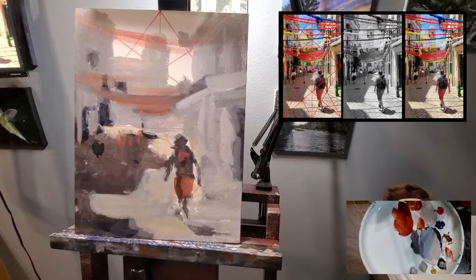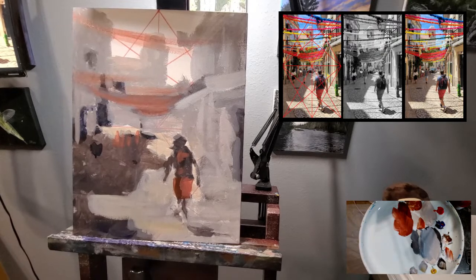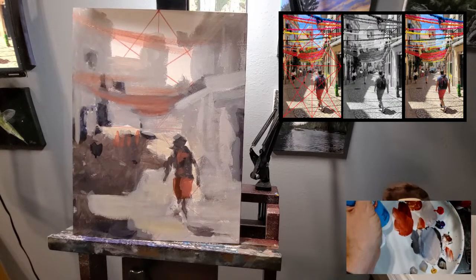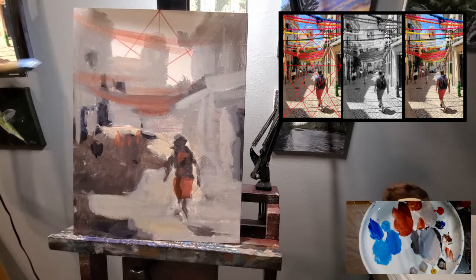Now the next thing I want to do is start in the back. Oh, excuse me for groaning in your ear as I grab my paint rag. Let's see. Let's go to the sky. The sky is in the distance, so I want to take a little bit of, I'll take this blue. It's pretty, it's a sunny sky. So we'll do